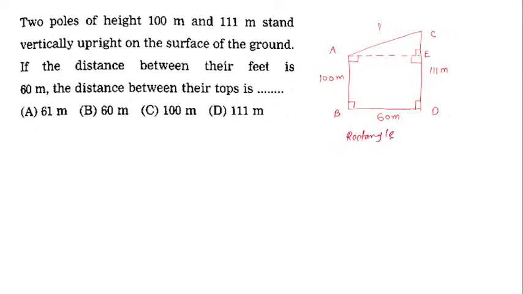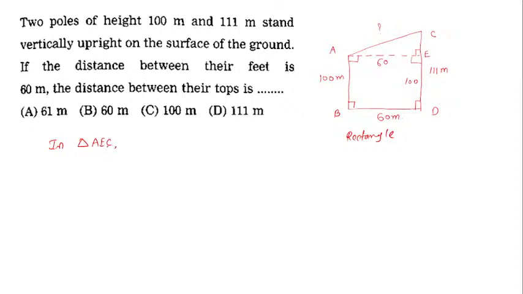and we know the property of rectangle, opposite sides are congruent. So BD, its opposite side is AE, so it should also be 60. In the same way, opposite side of AB is DE, so it should also be 100 meters. Now we get a triangle AEC, which is a right angle triangle, and in that we can use the theorem of Pythagoras. That is, in triangle